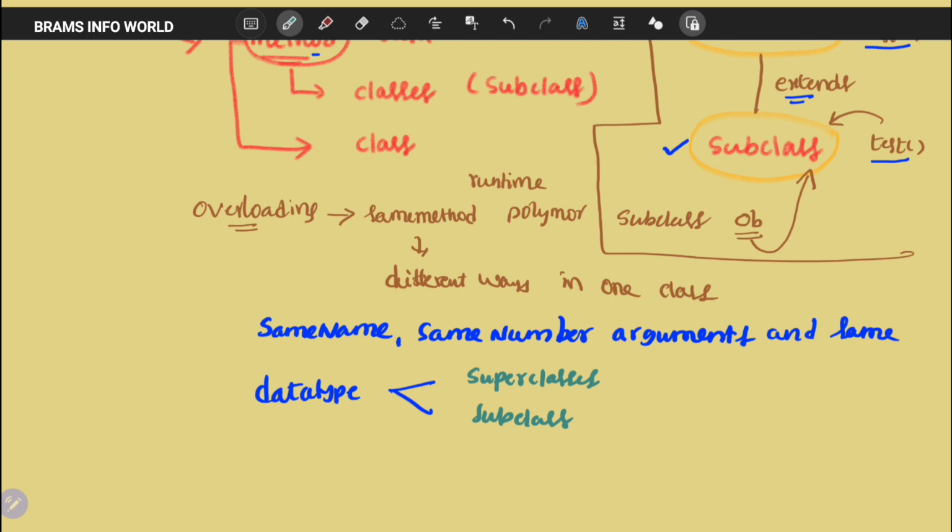Okay, so this is the concept of method overriding. The major benefit of overriding is the ability to define a method that specifies a particular subclass type. It targets the particular subclass type.